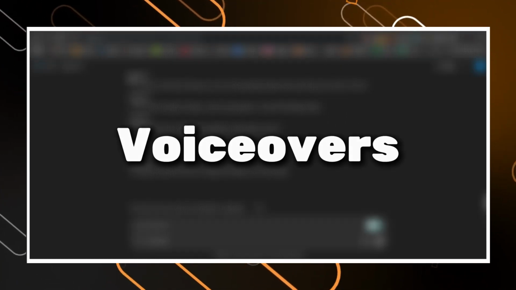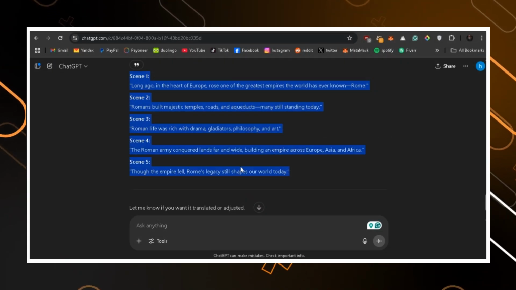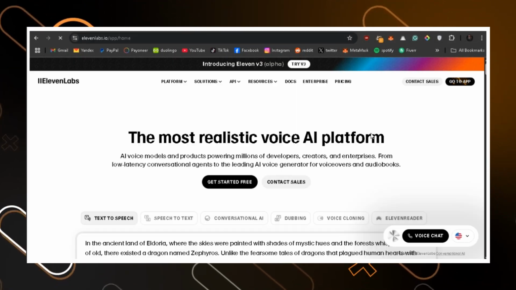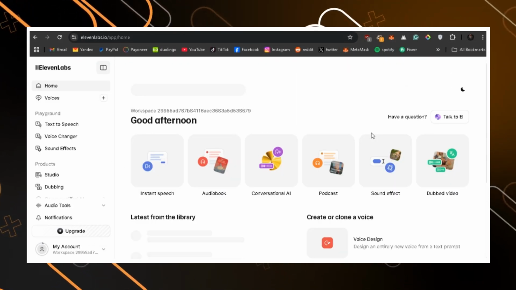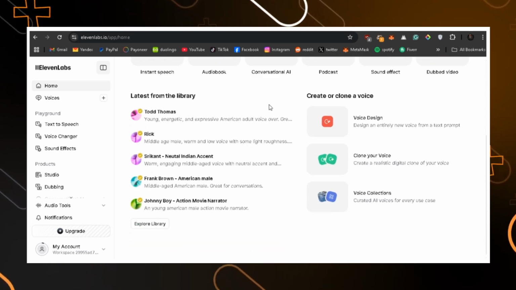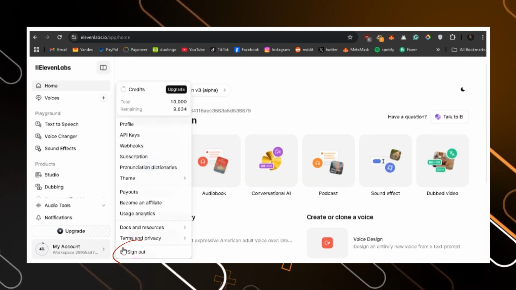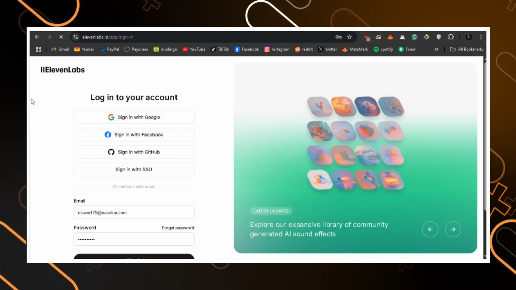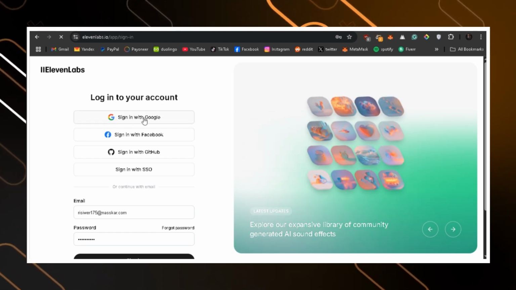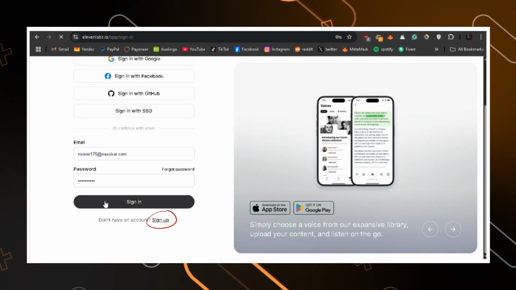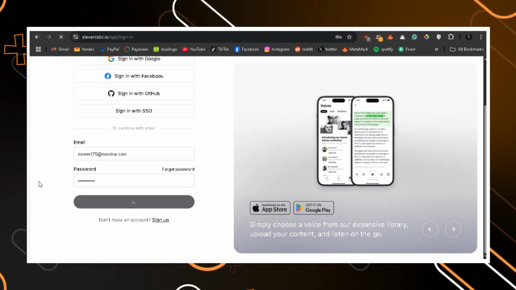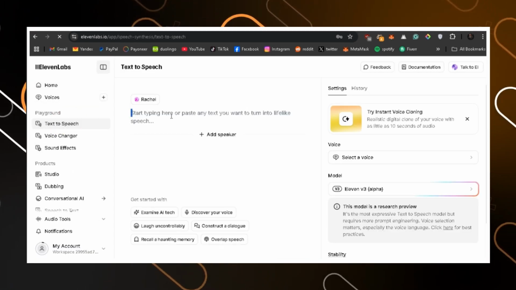Next step, voiceover creation. To generate the voiceover, copy your script and head to 11 Labs. Click on Go to App. I already have an account, so I'll sign out to show you the process. You can sign up with a Google account, but personally, I prefer using a temporary email because the site gives a limited word count per month. So sign up using a temp email. Now go to the text-to-speech section, paste your script,